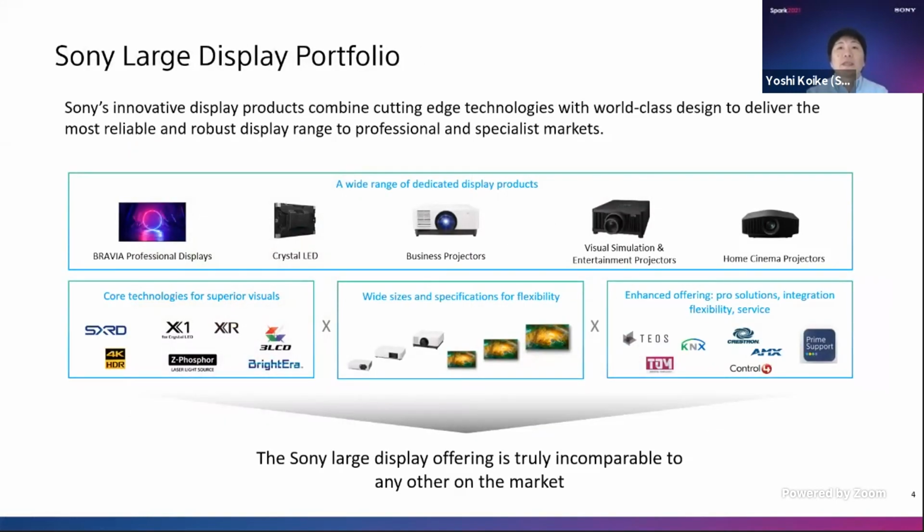Before going into detail about the new Crystal LED video wall, let me briefly touch upon Sony's large display portfolio. As you can see from this slide, Sony has a comprehensive display portfolio, including flat panel and direct view LED, business projector and simulation projector, and also home cinema projector. What really makes Sony unique is we have both direct view displays and projectors. And our wide range of products utilize core Sony display technology, such as SXRD, X1 processor, 3LCD, and also 4K HDR